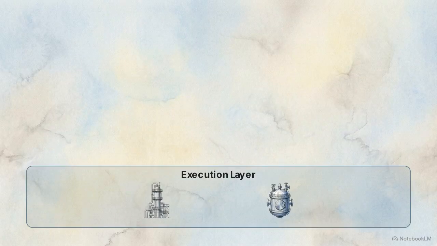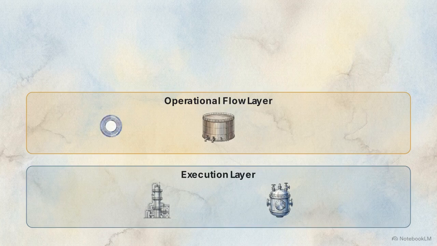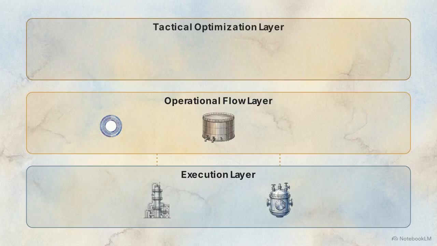Above the execution tier sits the operational flow layer, responsible for facility-wide throughput. Here, the scheduling integrator and tank farm optimizer govern the movement of material between the physical units. Operating on an hourly to daily horizon, these models actively route intermediate streams to buffer tanks, preventing inventory bottlenecks from forming between processing stages. As the models generate new routing schedules, those instructions feed directly down into the execution layer to coordinate the physical hardware.